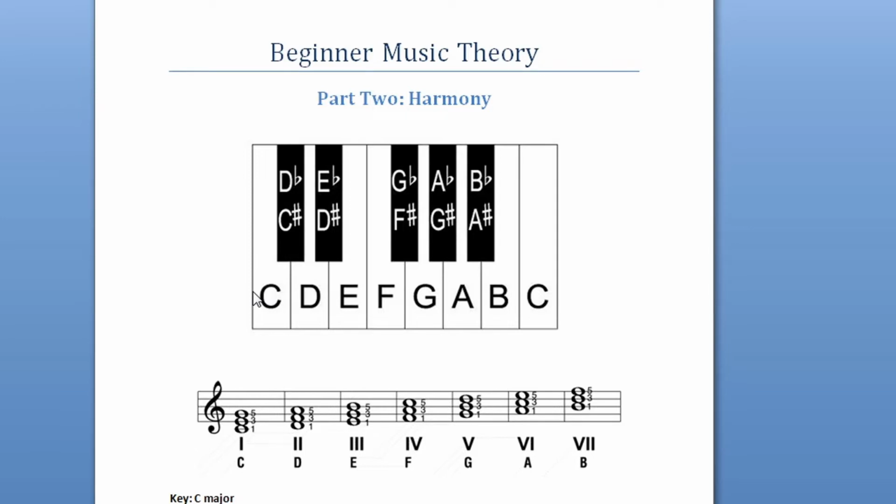So chord 2 is D, F, and A. D, F, and A. And that makes a minor chord. Okay, now if I shift my fingers all up one white note, we get E, G, and B. And that is also a minor chord because it doesn't sound